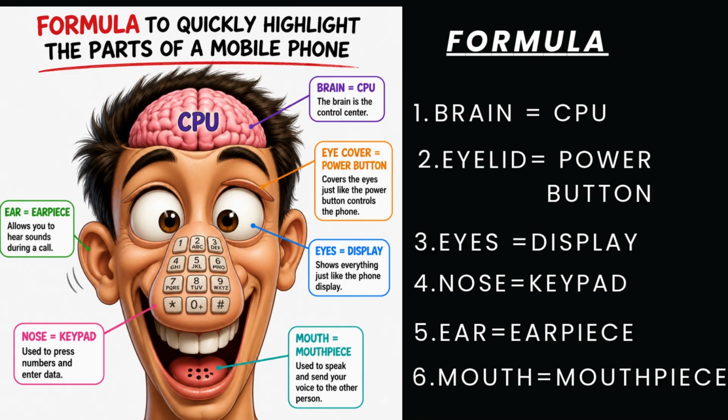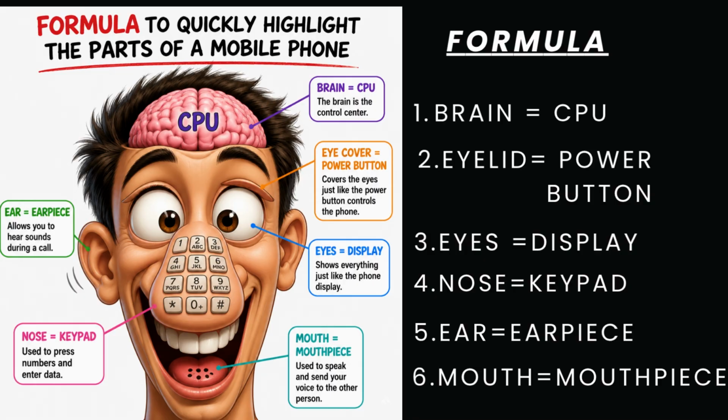Let's say the formula together. Ready? Repeat after me. Brain equals CPU. Eyelids equal power button. Eyes equal display. Long nose equals keypad. Ears equal earpiece. Mouth equals mouthpiece. Excellent. If you can remember your own face, then you can remember the 6 important parts of